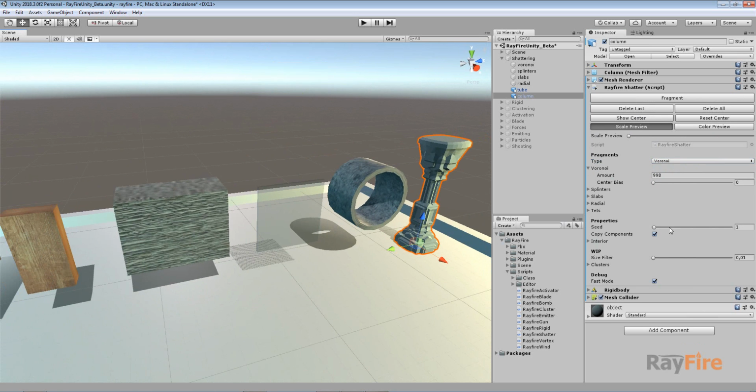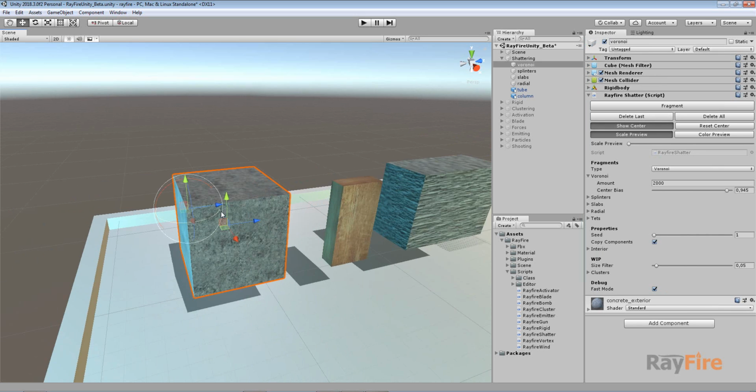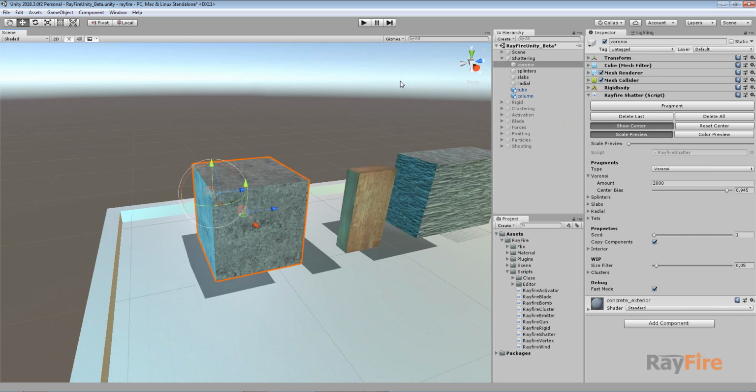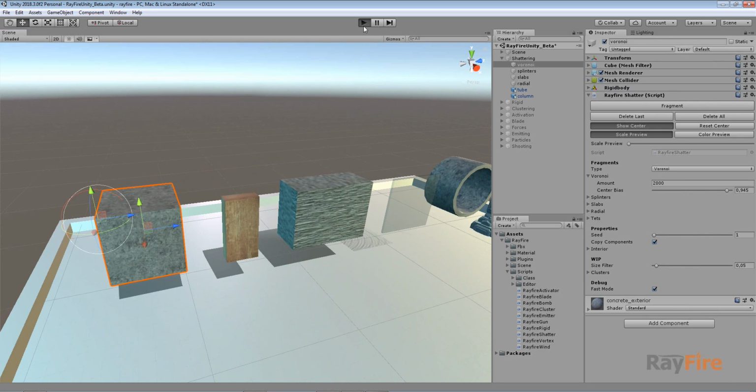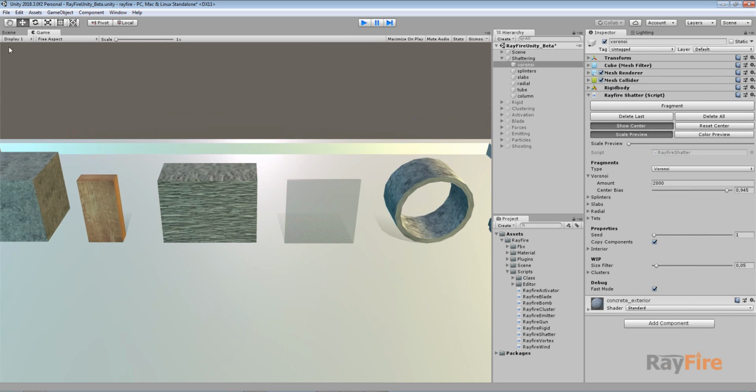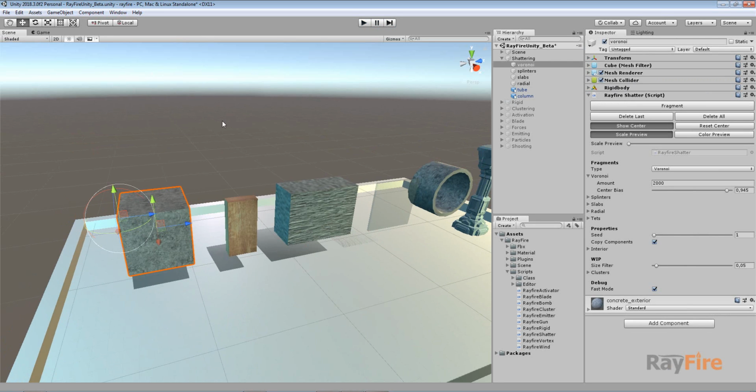Another property here is this show copy components checkbox. Right now you can see that my cube has this mesh collider and rigid body. If I start play mode right now, it will just fall down. But let me fragment it. Let's say 1000 here. So when I hit fragment,